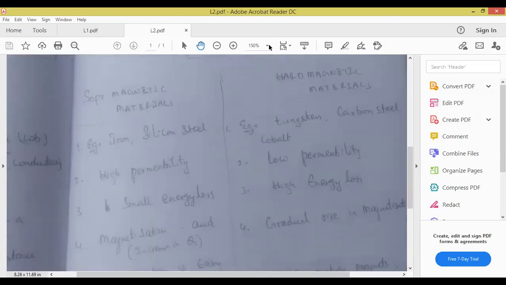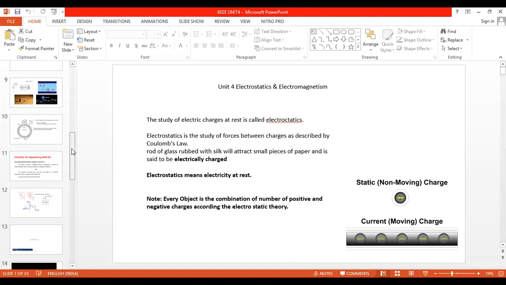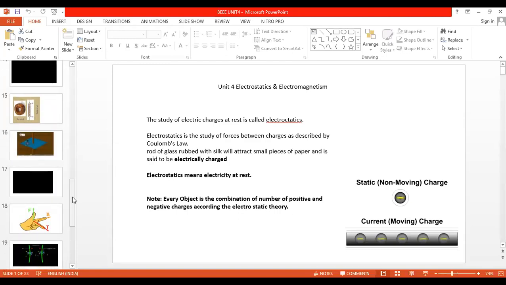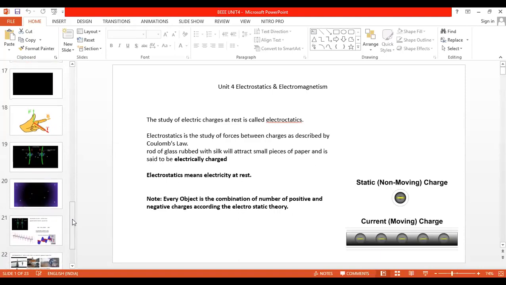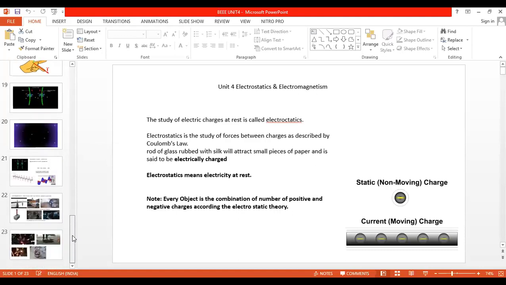But let me show you today's class, the derivation and the force. What is the lifting power of a magnet? Anyone tell me the formula. Lifting power of a magnet: F is equal to B square into A by 2 into mu naught. Sir, show me mu naught? No, we cannot show. This is engineering. Everything is existing in the air, different energies. Those energies' values we are going to write in the form of expressions.